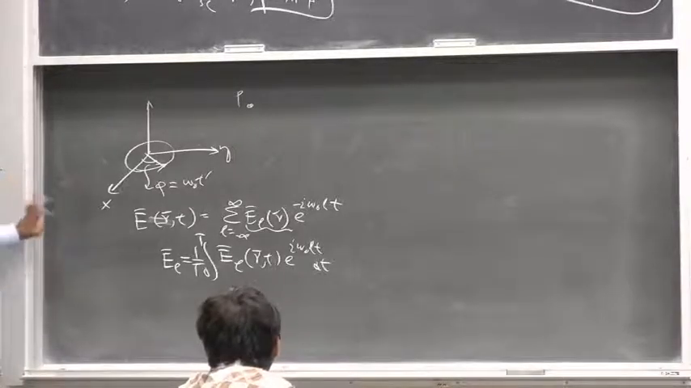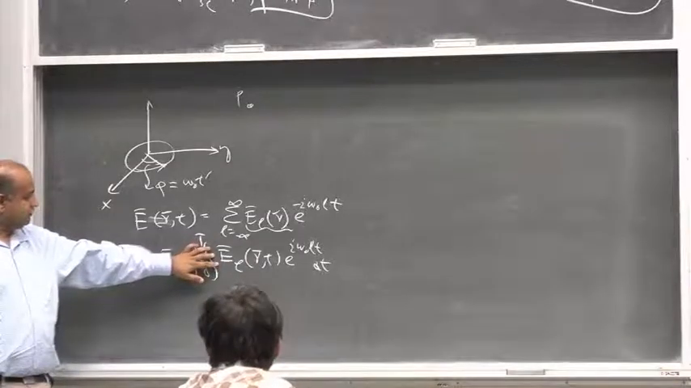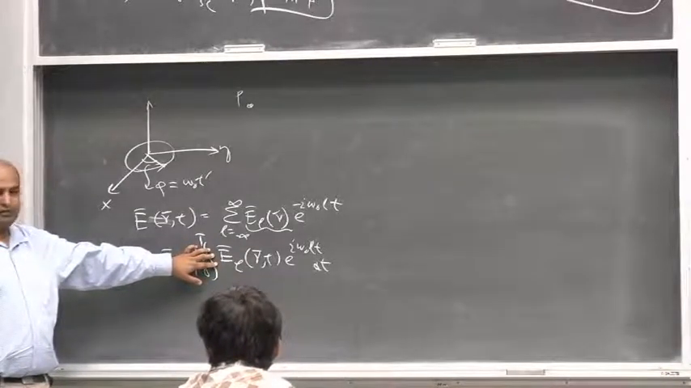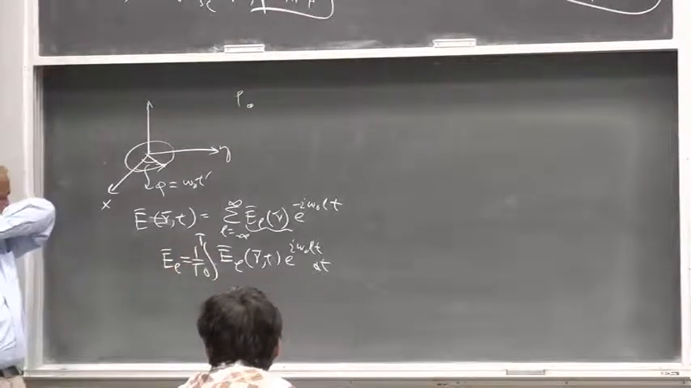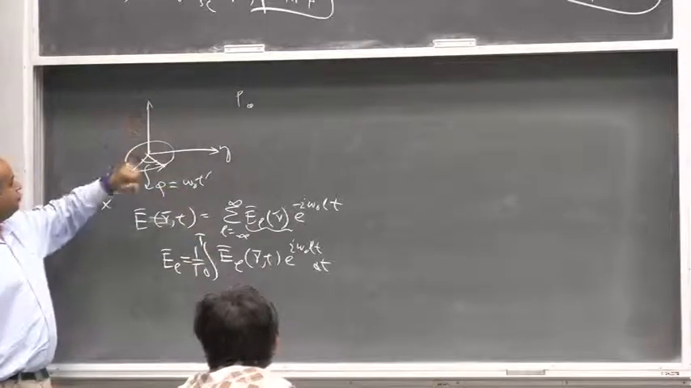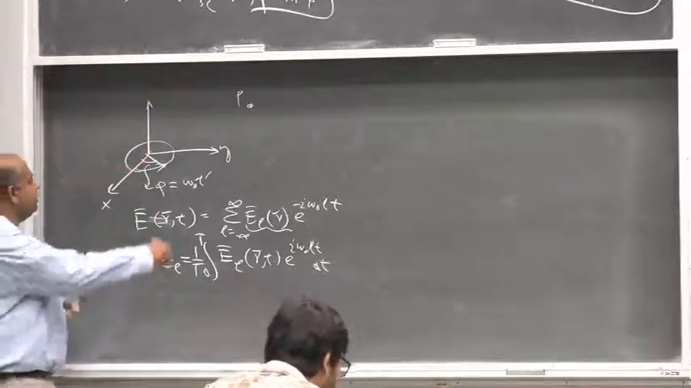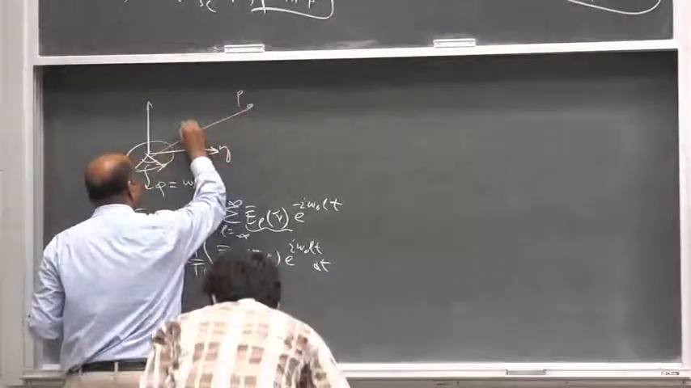So we can do it from the field as well. But since fields come from the potentials, it's easier to do it from the potentials. Since potentials have a simpler form, we can do it from the potential. And our interest is only at a point where